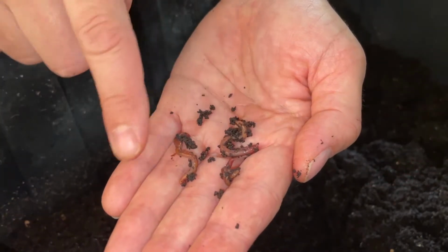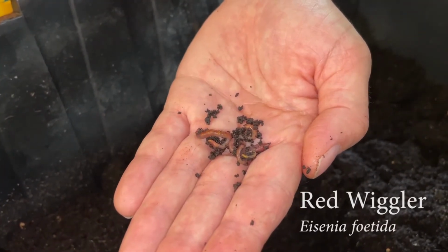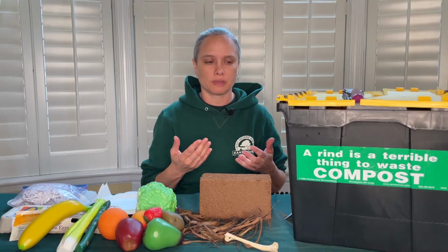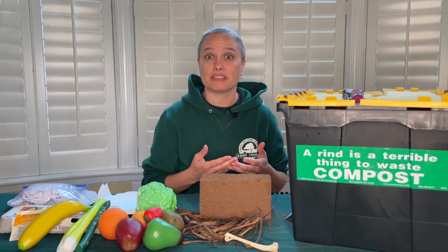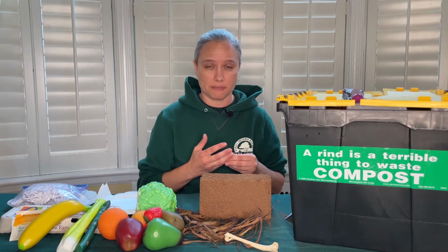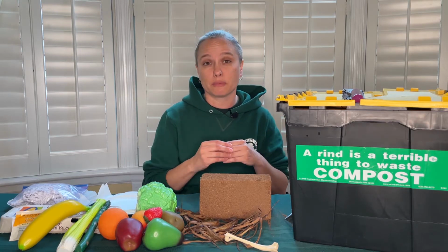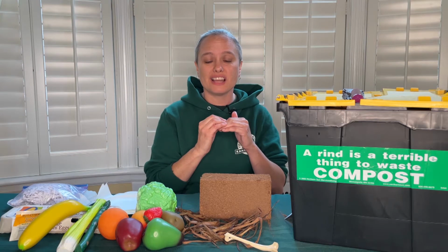While they're not native to our area, they are used in worm composting bins. Red wrigglers can tolerate high temperatures that a compost bin naturally goes up to, where our friend the earthworm can't really tolerate temperatures higher than like 70 degrees. The red wriggler also has a voracious appetite and lives in its natural state. I believe it's from South America, and it lives in the leaf litter layer, and it eats tons and tons